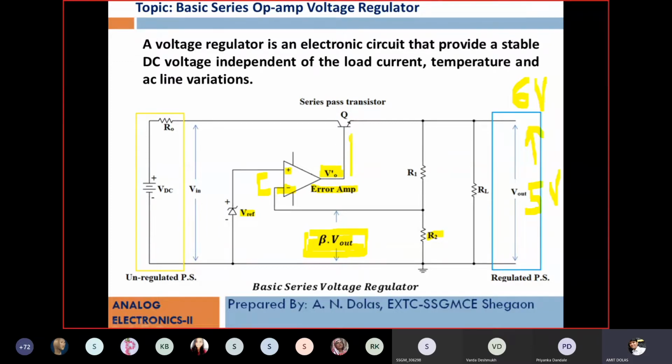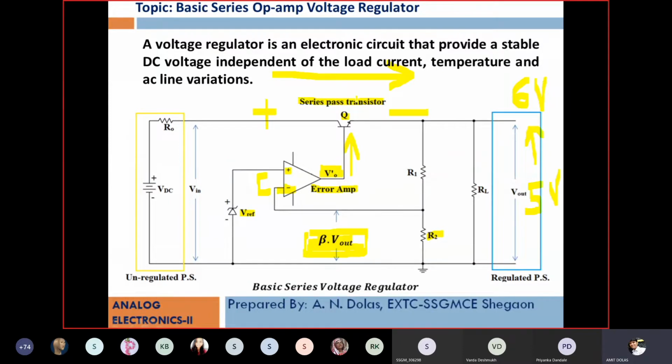The base bias current to the series pass transistor Q is decreased. And I hope you know the relation between base current and collector current. As base current decreases, collector current also decreases, that is beta times IB. And what is the relation between base current and collector to emitter voltage, VCE? That is an inverse relation, because whatever current is passing into the transistor, that is IC, if IC is decreased, VCE